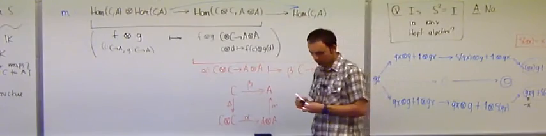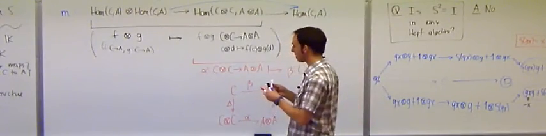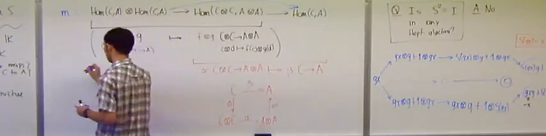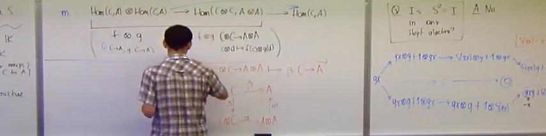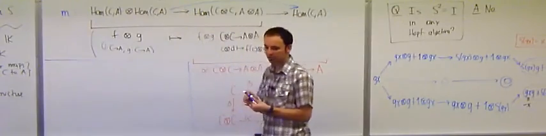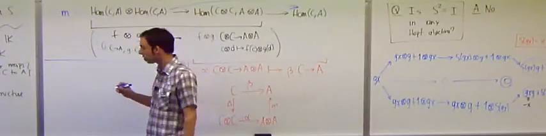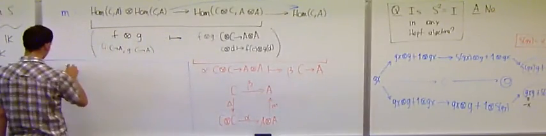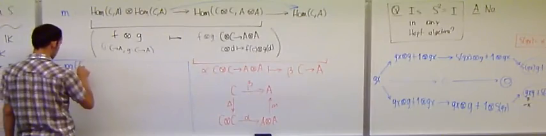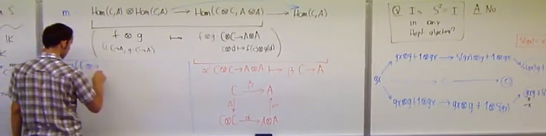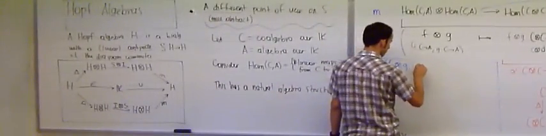Now let me write this a little bit differently, in a way that is going to be friendlier to actually compute with. The multiplication of f and g, we're actually going to call